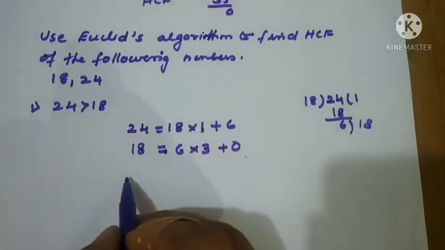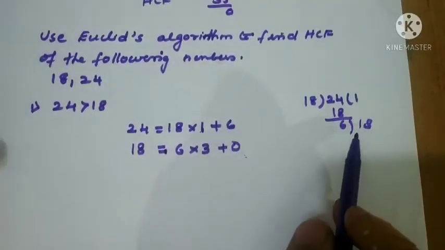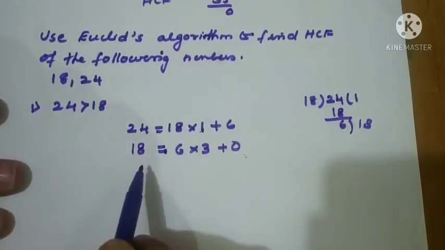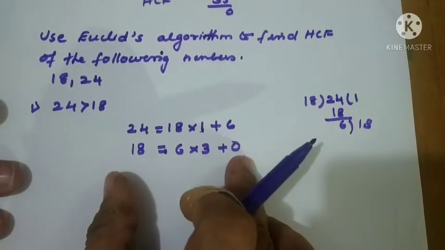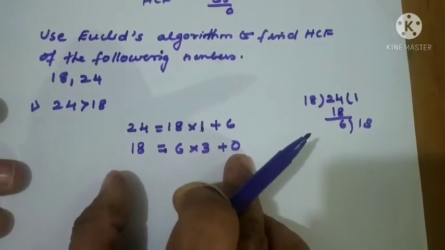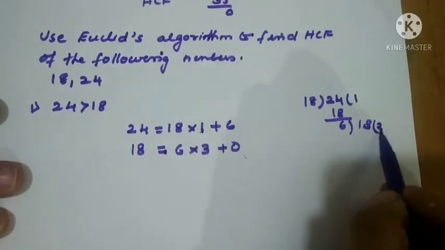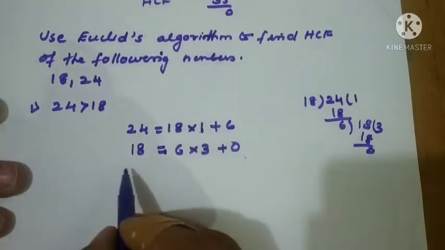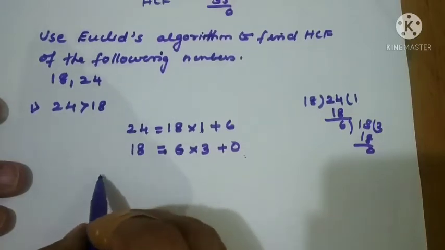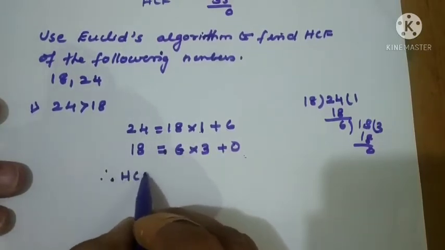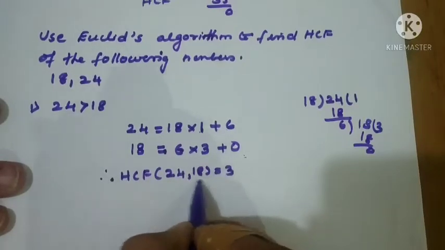So now we are getting the answer like this. You can use these steps on the right hand side and write like this. You must state it in the form A equal to BQ plus R, then only it will be the Euclid division algorithm and the marks will be given. 3 times it will be completed. What is the last divisor? The last divisor is 6. So 6 is the HCF of 18 and 24.